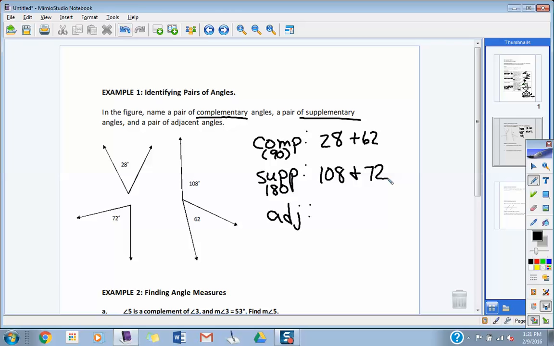108 and 62. Now, guys, I want to show you something. If I start putting letters in here like A, B, and C, I could also write stuff in there. Instead of saying a 28-degree angle, I could have said angle ABC, and then where that 62-degree angle is, maybe